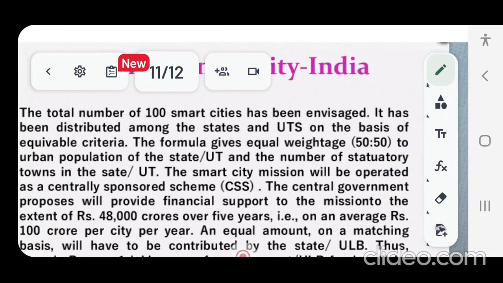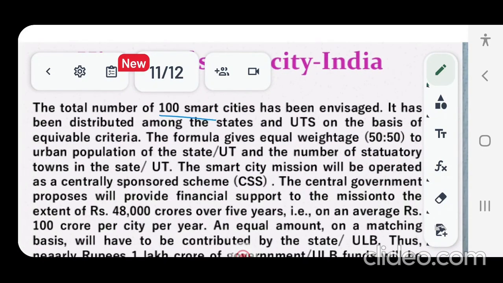Under the scheme, as I already told you, 100 smart cities were to be selected, and if a city is selected, then they will be awarded 50% of the funding by Government of India, the central government, and the remaining 50% is to be contributed by the city or the state or the union territory.